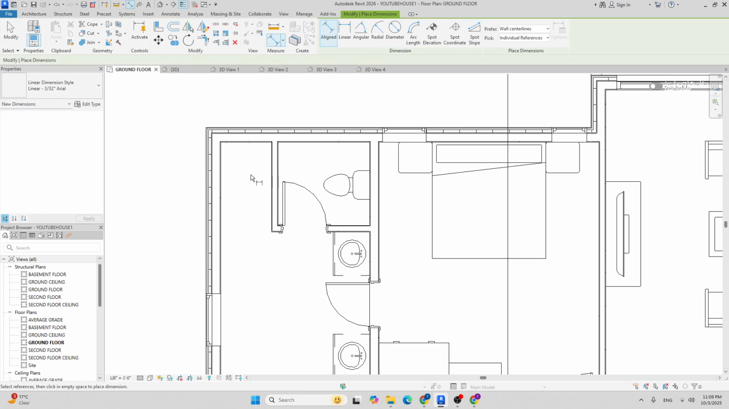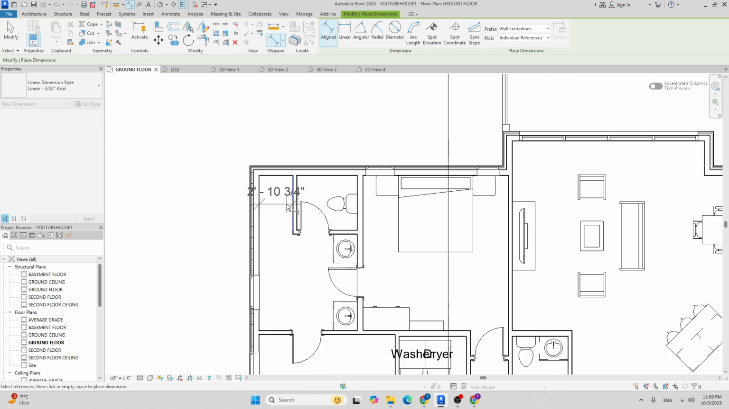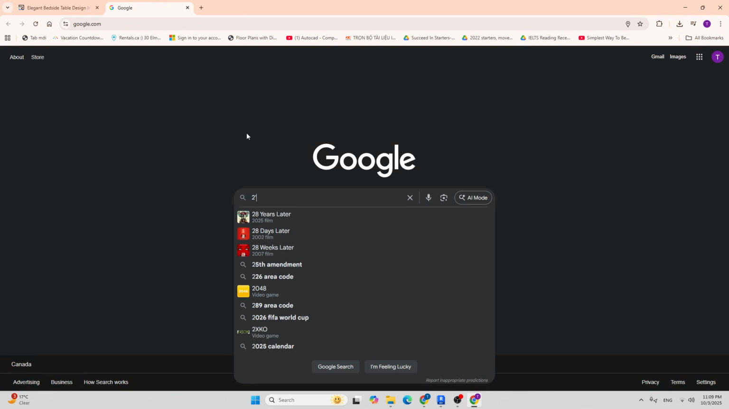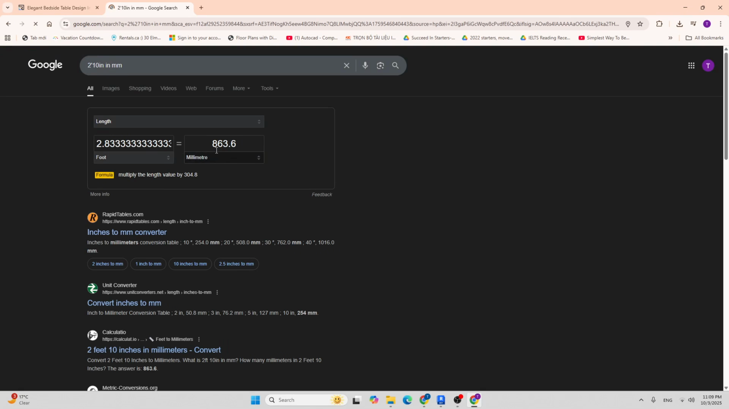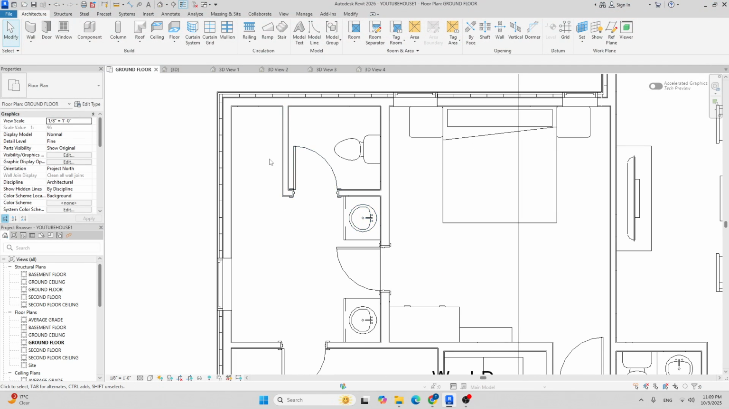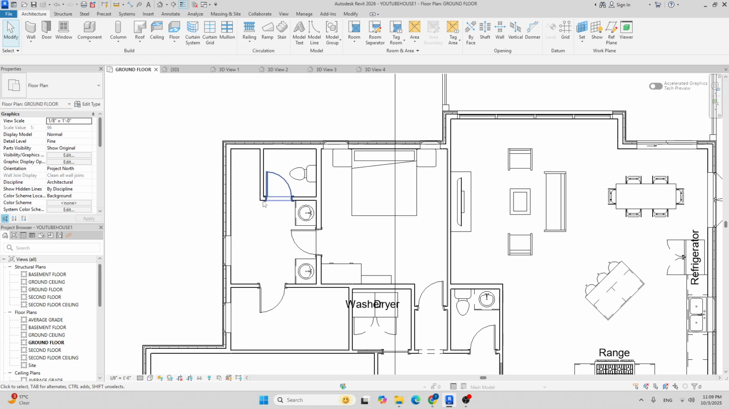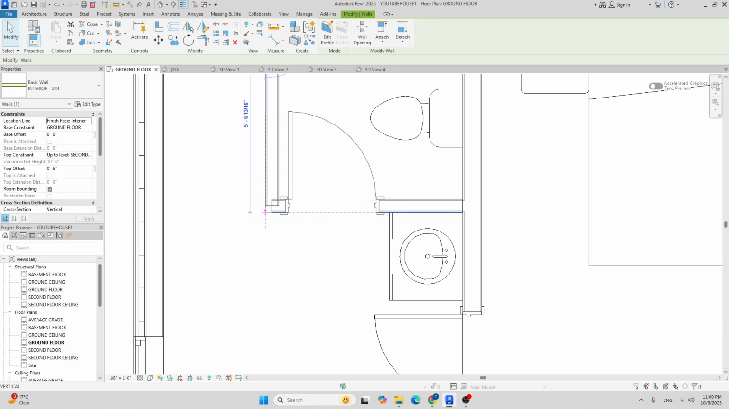And how big is this space here? I will tap 2'10". How much is 2'10" in mm? 863, so it's not bad. I'll close this one, and I think this space is good enough for a shower place. So I'm gonna extend this wall,